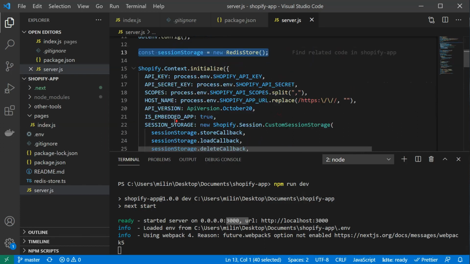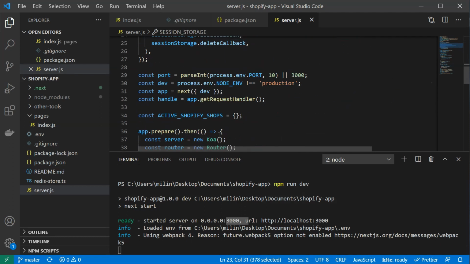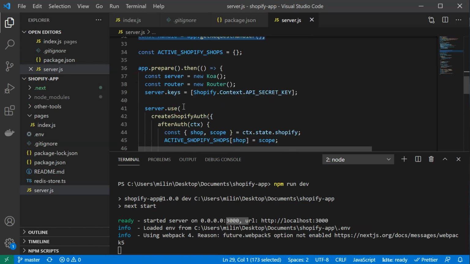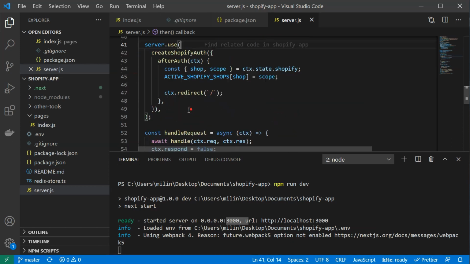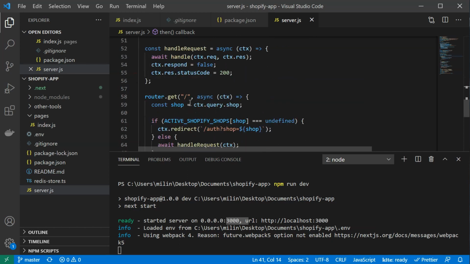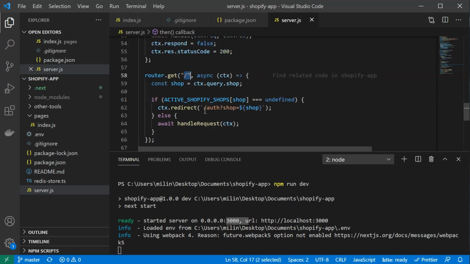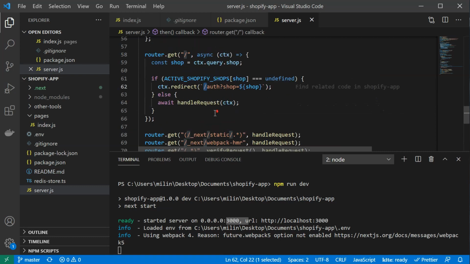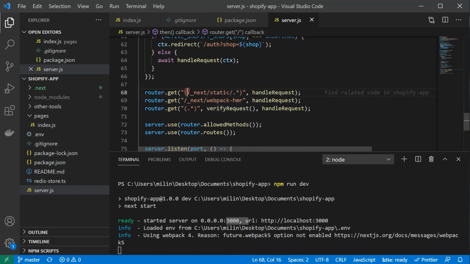Here we create our Redis store, we initialize our context with all the environment variables that we have provided here. This is some specific Next.js stuff in order to run our server. Then we run server use, where we specify certain redirects. We have our handler here, so this is going to be our root route. Then we have also to add an auth route,